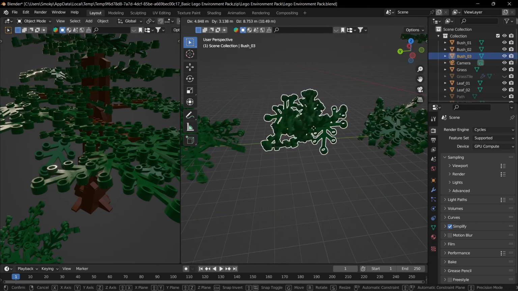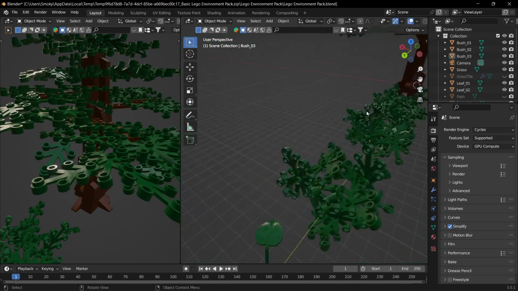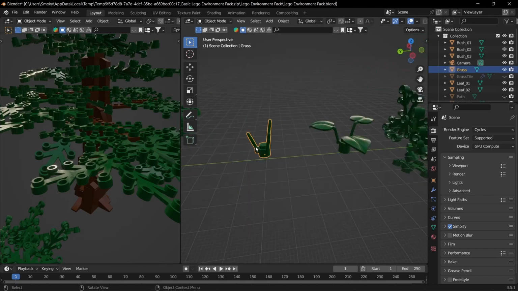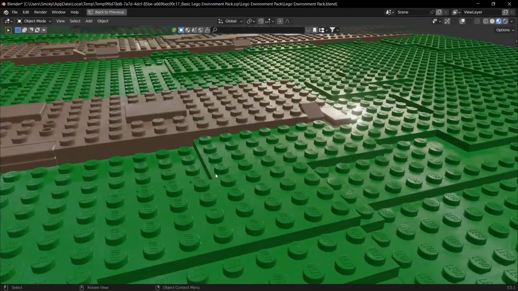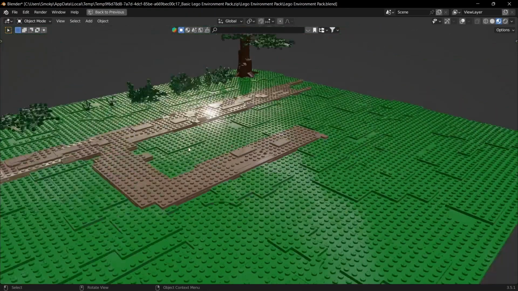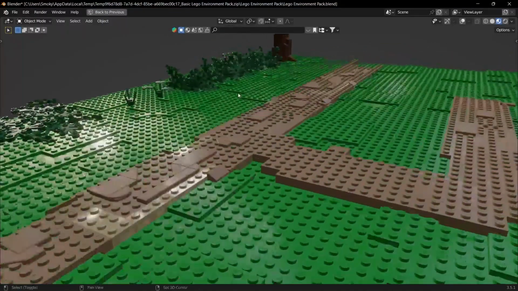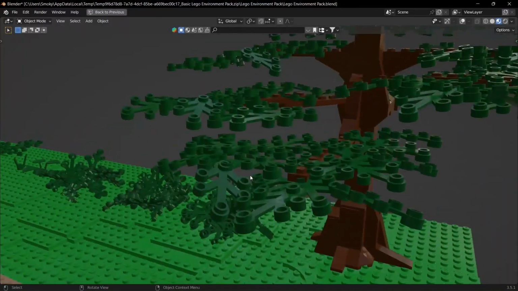And then also taking the leaves, I duplicated them and randomly generated some bushes, and then also importing the grass and plants as well. If you want to skip all this and also get a grass tileable tile, and also some path presets, and the bushes, and the grass, and all that, with materials already set up inside of Blender,